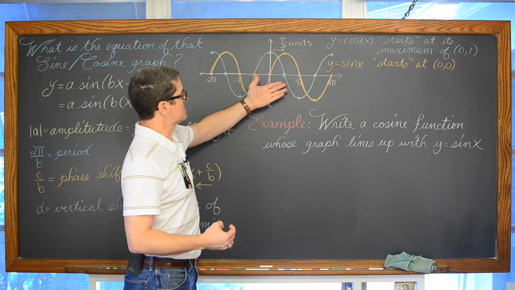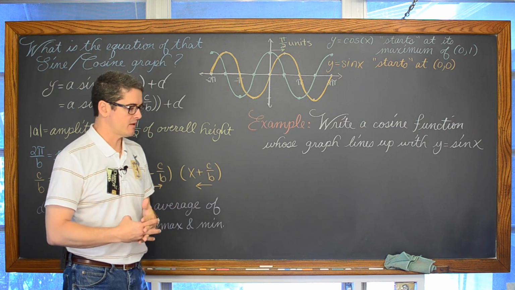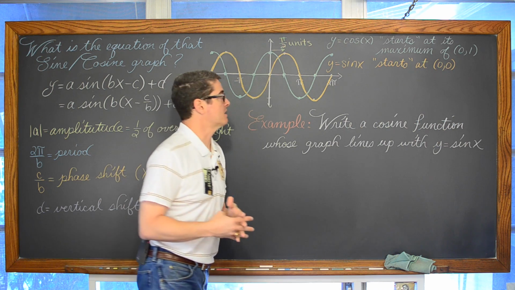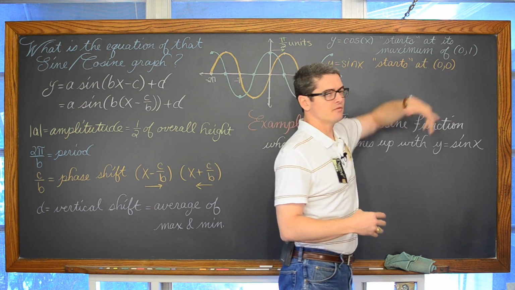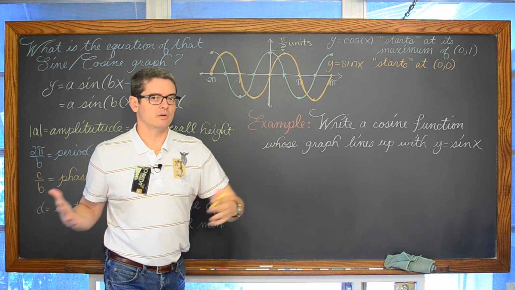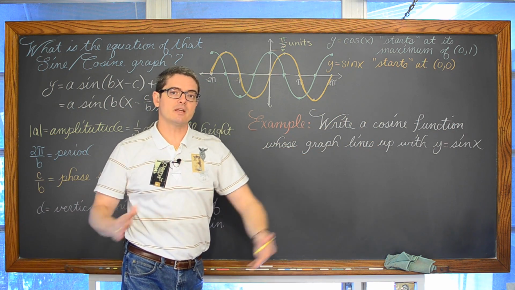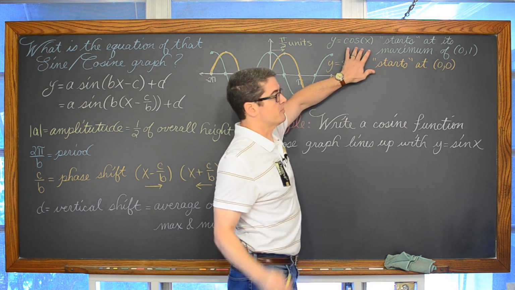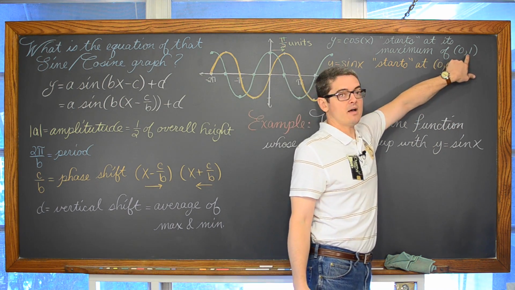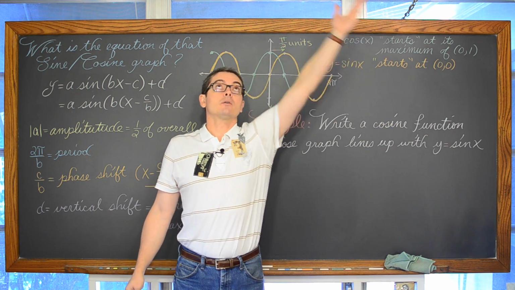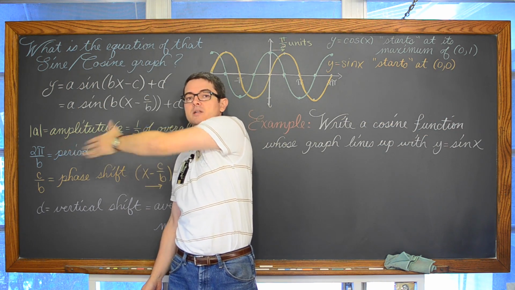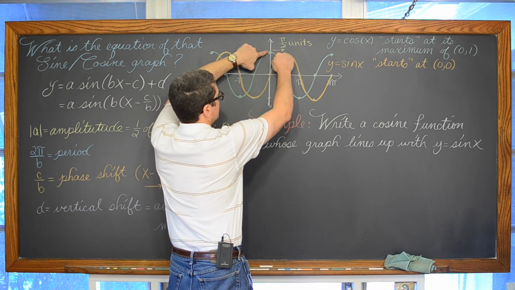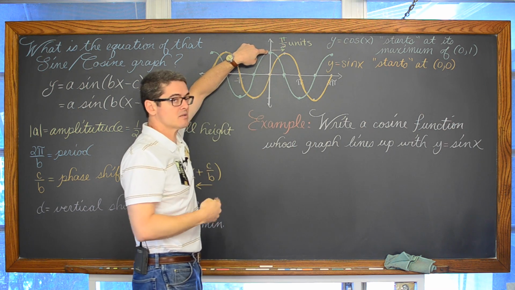So when I look at a sine wave or cosine wave, I could come up with an equation using the sine function, and I could come up with an equation using the cosine function. These graphs go left and right forever. Their domain is all real numbers, but if you think of where the y-axis is, where x is equal to 0 is the quote-unquote starting point, the parent function for cosine starts at its maximum value, 1. Cosine of 0 is 1, cosine of pi over 2 is 0, cosine of pi is negative 1, and then it just starts to cycle from there, and obviously goes back to 1 at some point.